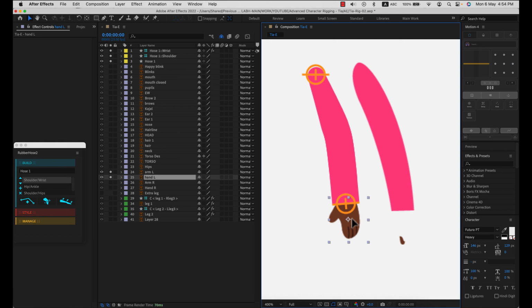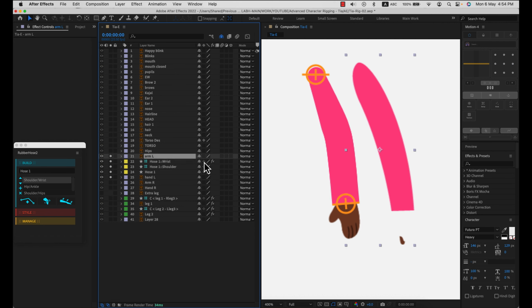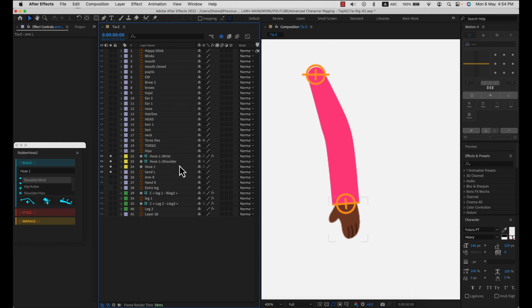Just place it like you want. I'm just going to bring all of these down on top of this hand, and we don't need this arm anymore, so just hide it away and guide the same. You can even delete this because we now have a new shape here. Now just parent this hand again